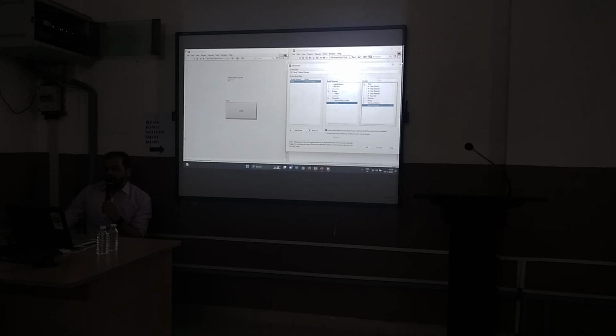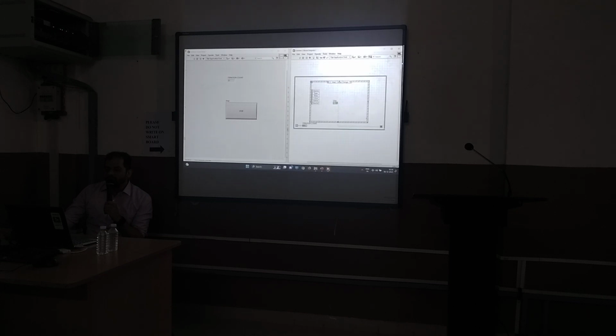There are many other options available here like key down, repeat, or so on, if you want keyboard inputs, you can do that as well. Right now we are going to keep it simple. We are going to use stop button and then use value change. The other things are a bit complicated. We are not going to cover them right now because those are not required as of now. So just use value change and then press OK. Fair enough? Everybody with me?